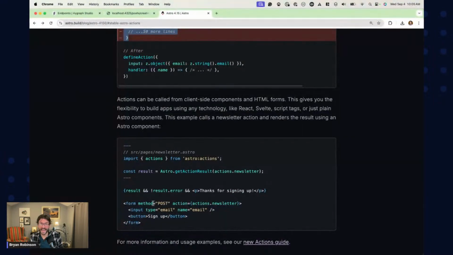They make progressive enhancement much, much easier. And we're going to do that a little bit today with this idea of the form actions. So what we're going to do today, I haven't done yet. I've done it in my playground code that I've worked on, but I figured what we would do is we would